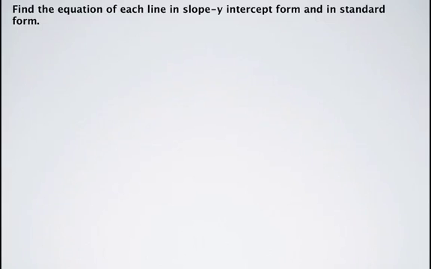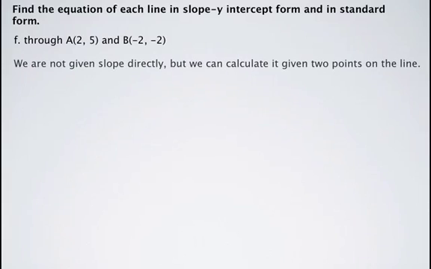Now we're asked to find the equation of each line in slope y-intercept form and in standard form again, and this line is going to go through the points (2, 5) and (-2, -2). So again, we're not given the slope directly, but we can calculate the slope by using the slope formula,